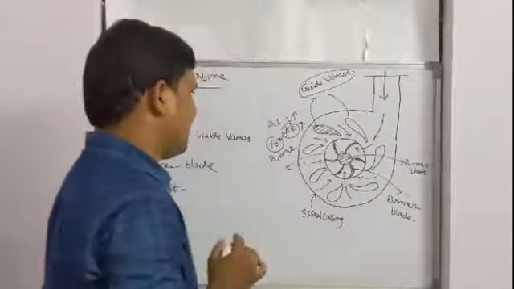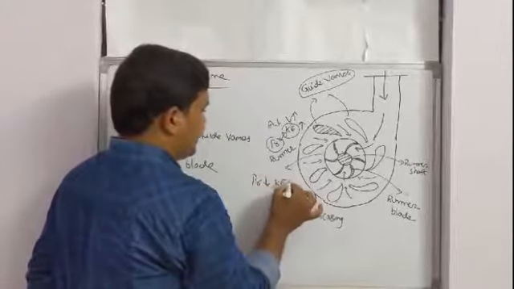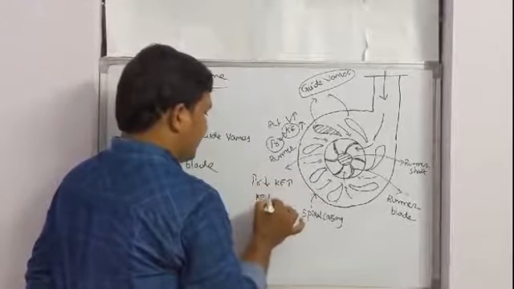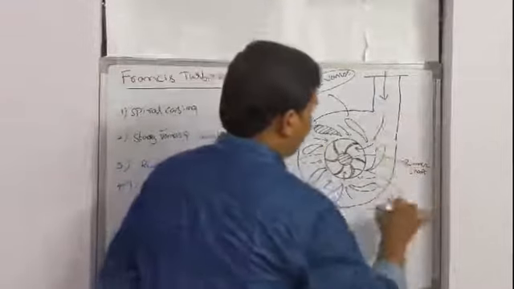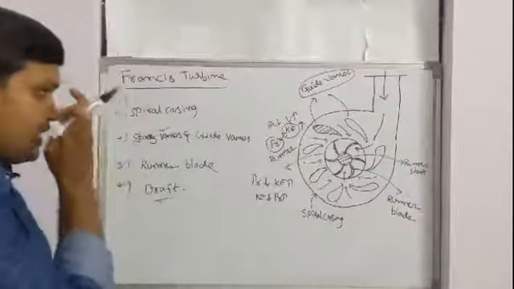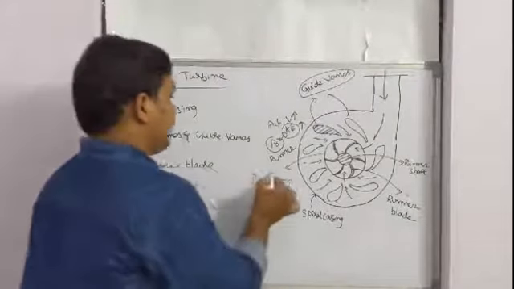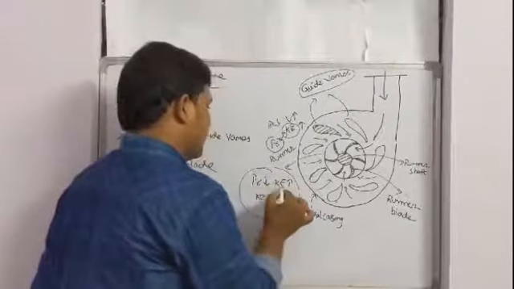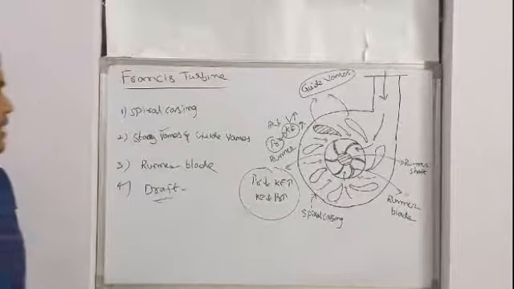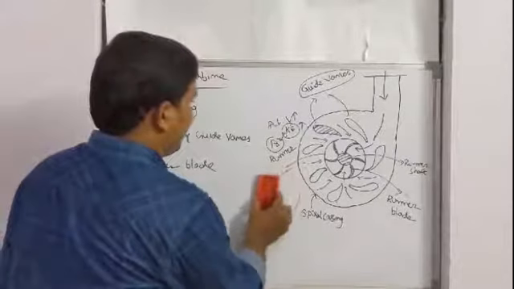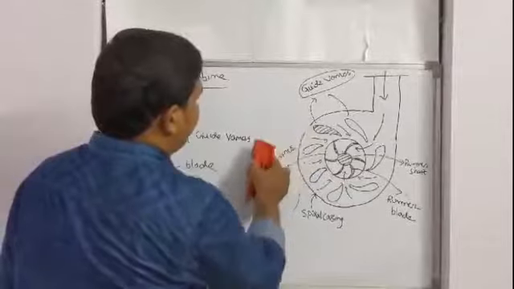that's why both pressure and kinetic energy are important parameters. Vice versa, the pressure energy may decrease while the kinetic energy increases, or the kinetic energy may decrease while the pressure energy increases, in the tight closed conduit of this spiral casing section. The pressure and the kinetic energy change vice versa. That's why this is a reaction between the pressure and the kinetic energy. That's why this turbine is a reaction turbine. So in this reaction turbine, the Francis turbine, both pressure energy and kinetic energy play an important role.